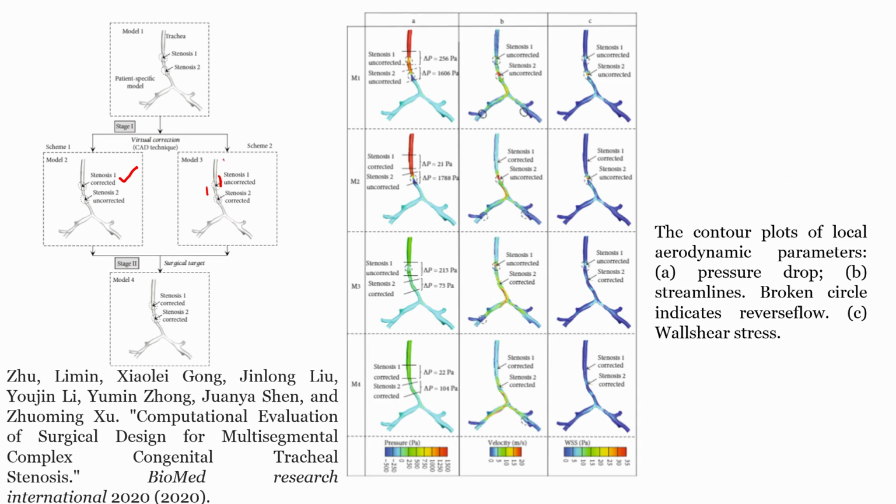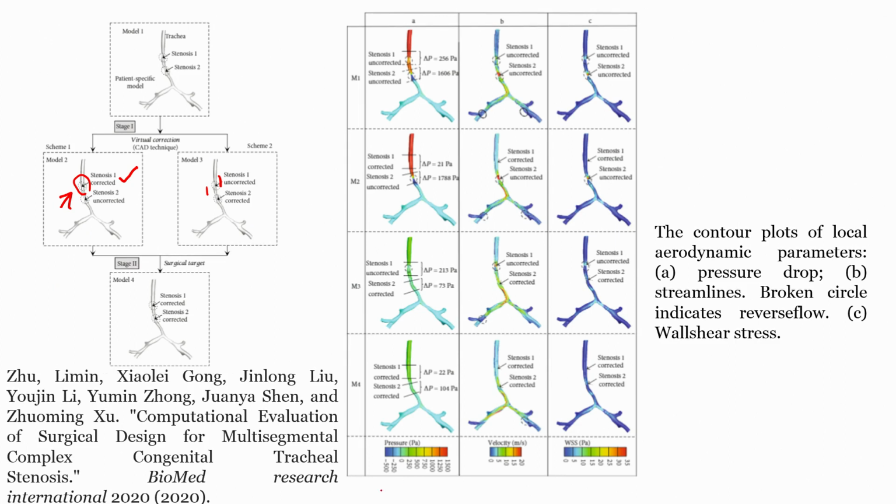There were two options left. They had to understand this because there is a change in pressure. If this segment is corrected and this segment is not corrected, there is a significant drop in pressure here and the velocity rises. The sharp peak could actually collapse the entire airway. So, again, this correction procedure was being understood using a CFD simulation.